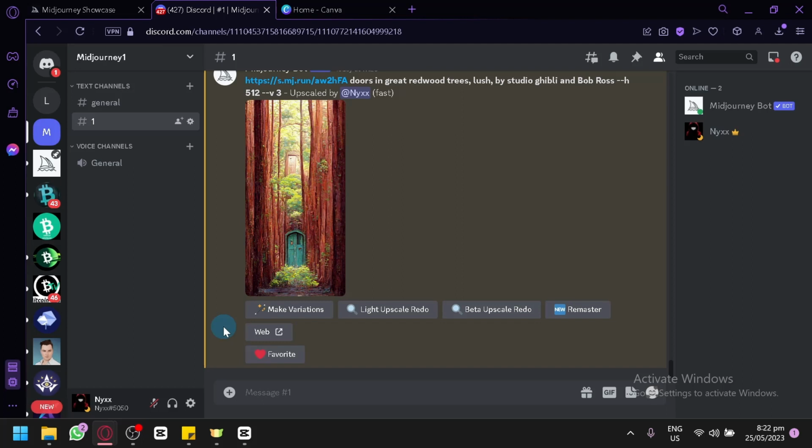Now, you're going to have to think of a style also, like what style your children's book will be in. There's a lot of styles that Midjourney can produce, so you have to be more specific so that you will be able to get your results much faster if you already have a theme in mind. Now, if you don't have any style or theme in mind, you can simply go to Midjourney